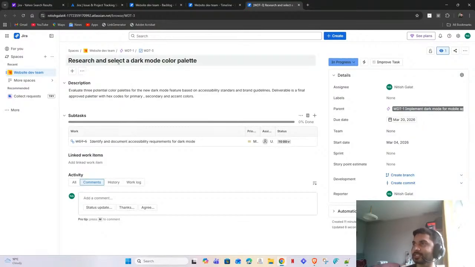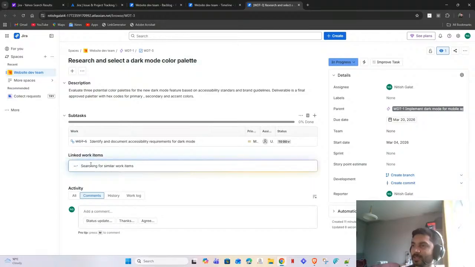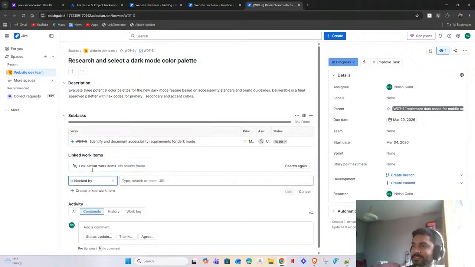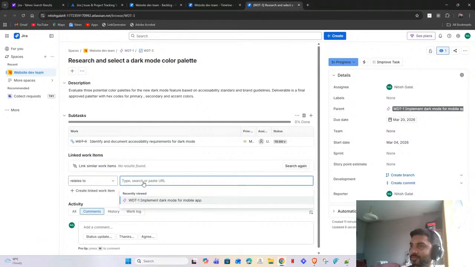So my task is blocked by someone working on something. So you can have this link work items, and you can select here that my task, which is research and select a dark color mode, is blocked by or relates to. So I can say that my task relates to this epic, or my task relates to this another task or something like that,